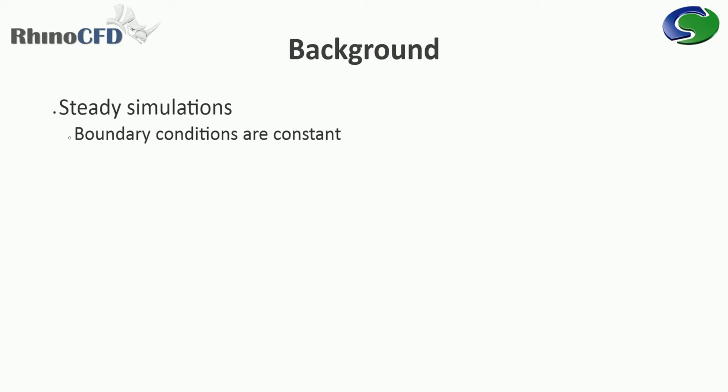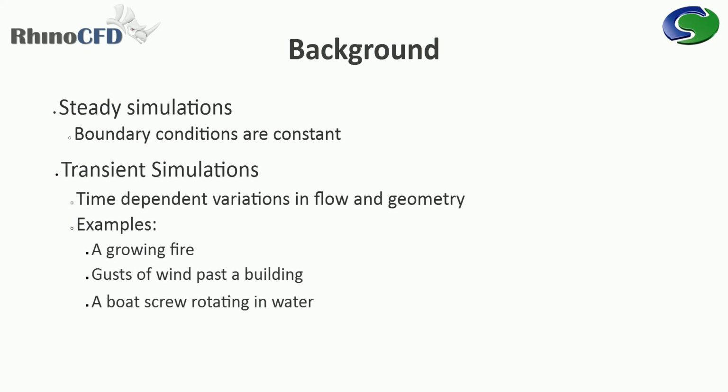CFD simulations can be of two types, steady state or time dependent. The former assume that the boundary conditions we want to simulate are constant. The latter, on the other hand, allow for time dependent variations to be taken into account, both in terms of the flow and the geometry. For example, a fire growing in strength over time, gusts of wind past a building, or a boat screw rotating